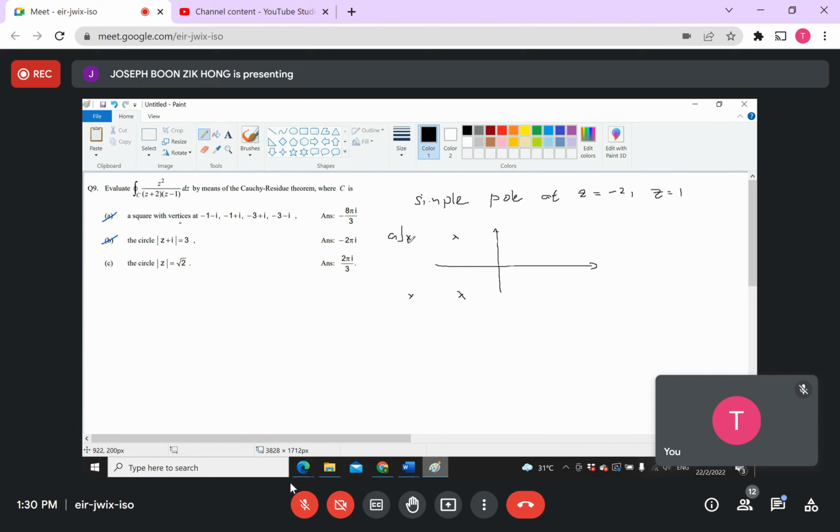Okay, but your pole is what? Your pole is -2. -2 is here. And 1. So only this one is included in A. Okay, so when you want to find this one,